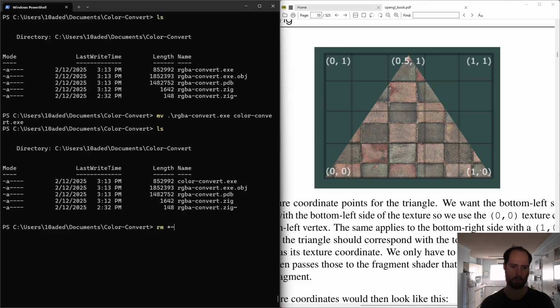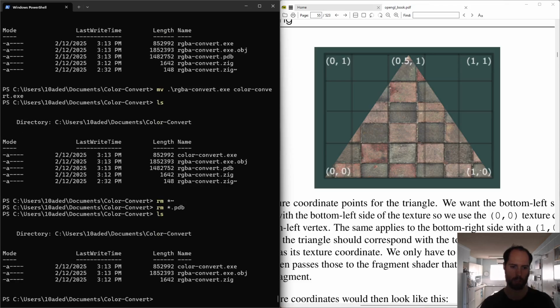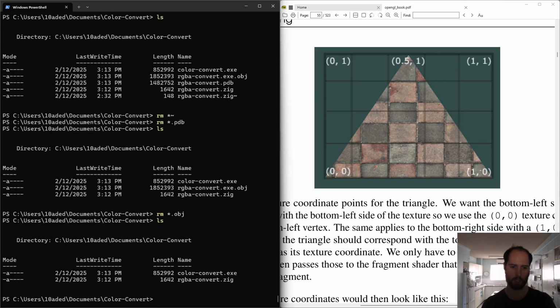Let's remove that. Remove the PDB file and release and remove the other. Remove the .object file, and then